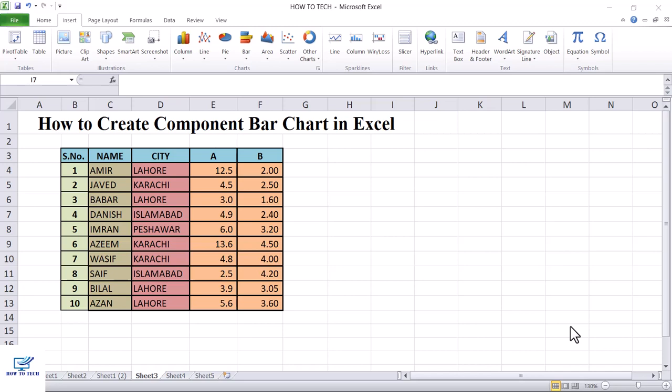In this video, you are going to learn how to create a component bar chart or stacked bar chart. So, in this bar chart, there are multiple variables, as we have taken here two variables, variable A and variable B. So, first of all, we will select the column name